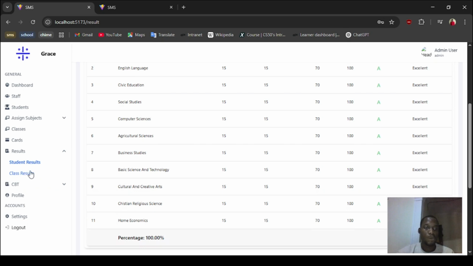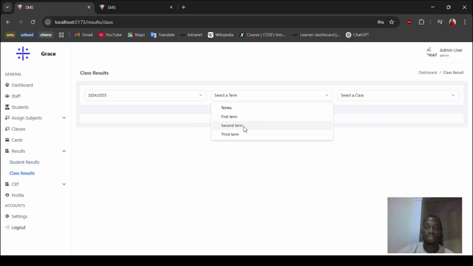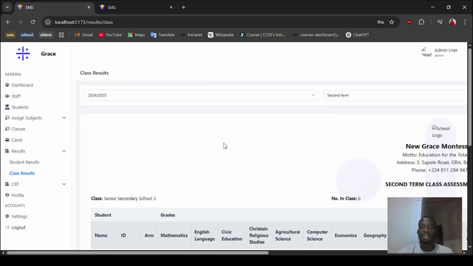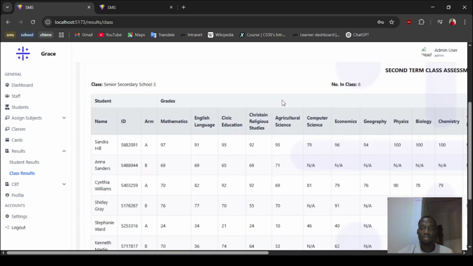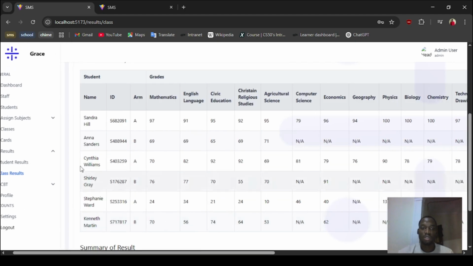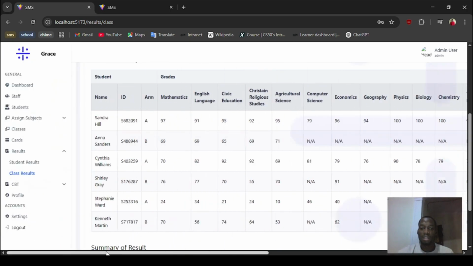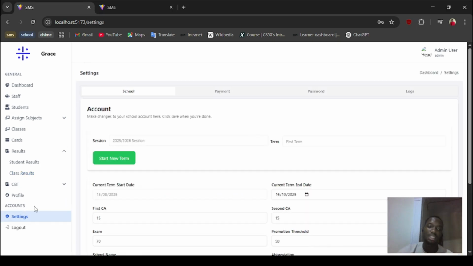Moving on, class results are also available to the admin, where we can see the results for SS3 students in 2025, a general overview of the results for each student in each subject. And at the bottom here, we have general statistics of the students that have passed and students that have failed. The way this is determined, failure and passing, is also controlled by the admin in the settings,